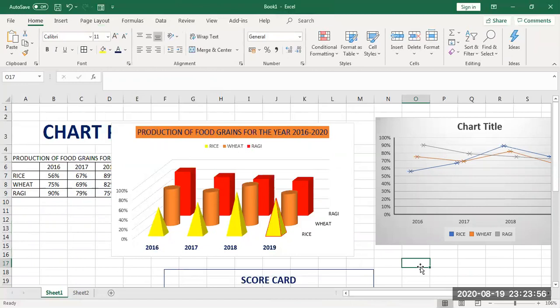So based on this exercise, you will design any two different types of chart for any values. You can take assumed values of your own, like marks or production or rainfall of different states, water level of different states, or climatic conditions of different regions. Everything, even in everyday news, you can see the weather report in the form of a chart.